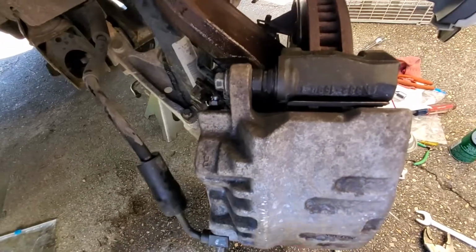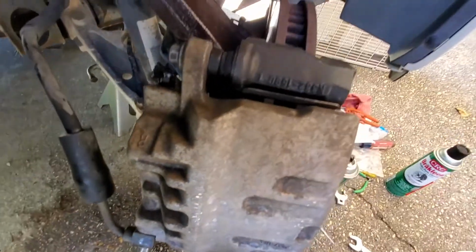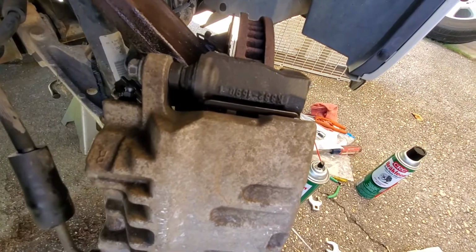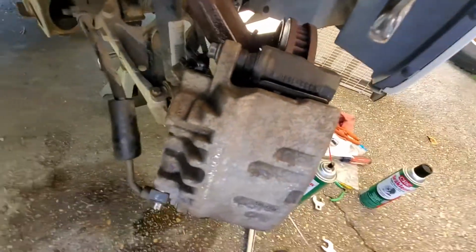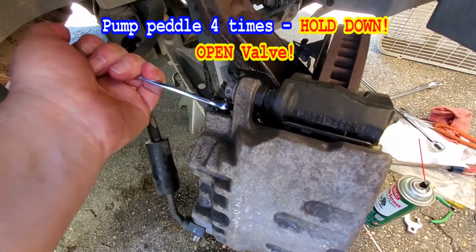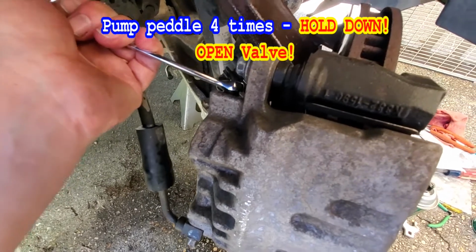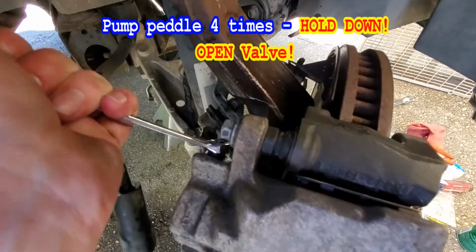So now I can go back up here and finish bleeding the brakes. So I need my 10 millimeter, wherever it is. Here it is. Sorry about that. All right, pump it 4 times and hold it. All right, and you're gonna let some more fluid out,